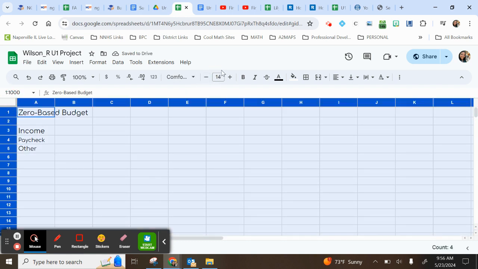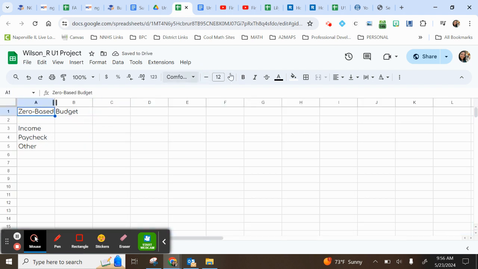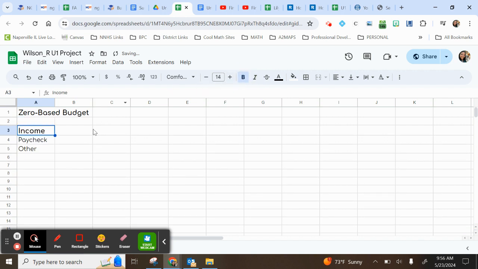Okay, it's probably not great to make the whole thing 14, so I'll make the whole thing 12, and I'll just make this guy bolded and 14, and I'll make this guy bolded and 14. All right, so I'm going to put my total amount of money for my paycheck and other, and then I'm going to put my expenses. Oh, you know what? I think I want a little